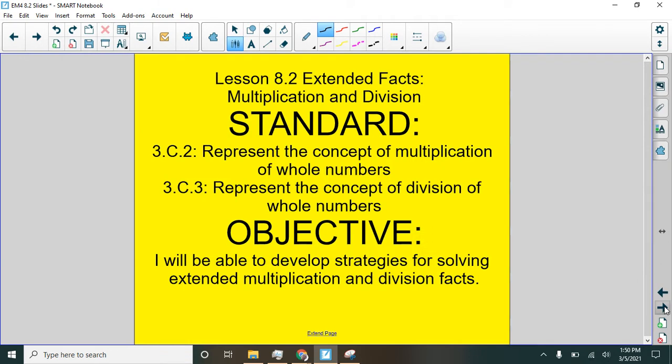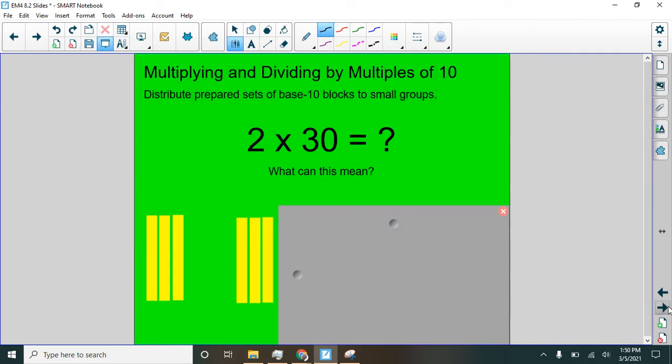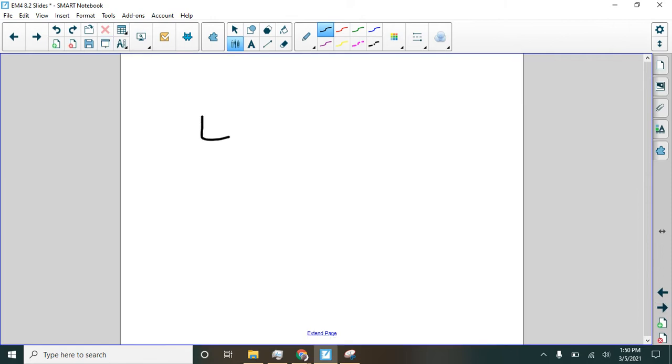Our goal here today is going to be able to develop strategies for solving extended multiplication and division facts. Okay, and you can see we've got our multiplication and division here in our standard. So let's do 2 times 30. Well, what does 2 times 30 mean? Just think about any math problem, right? Let's do 4 times 7. 4 times 7, another way to think of that is 4 groups